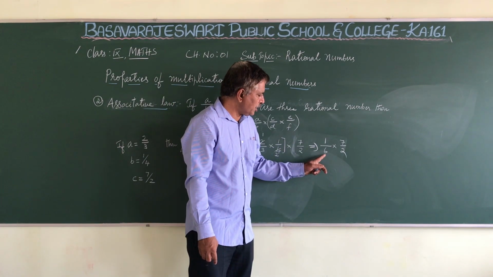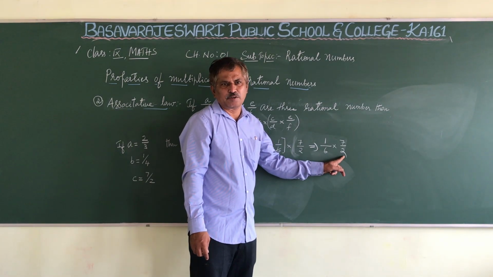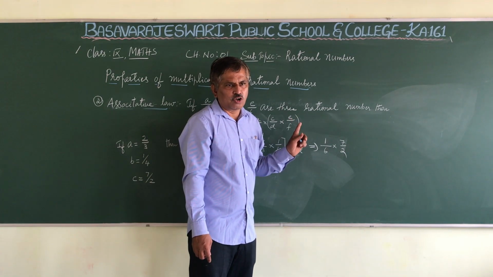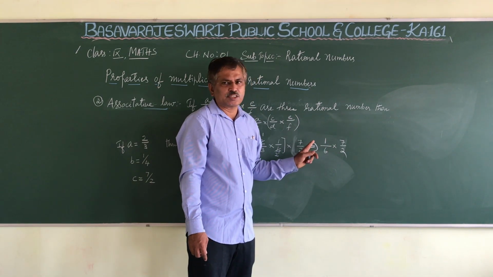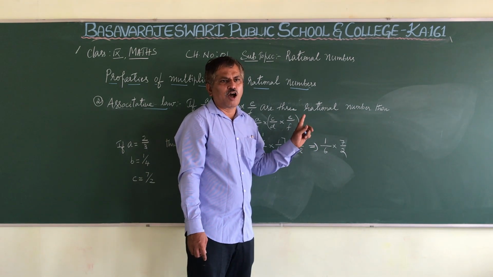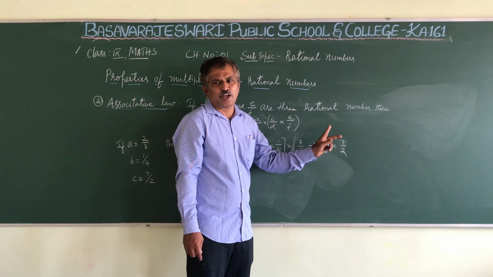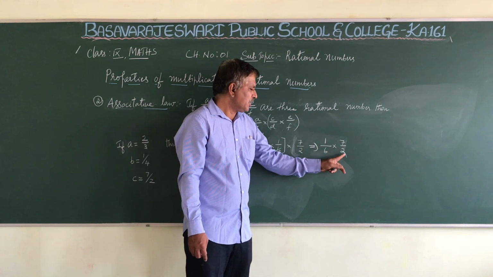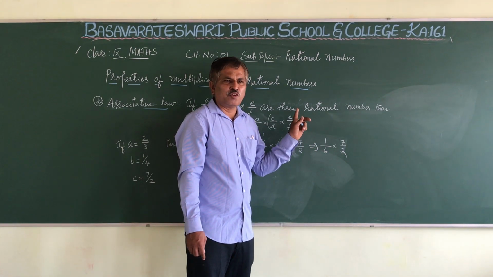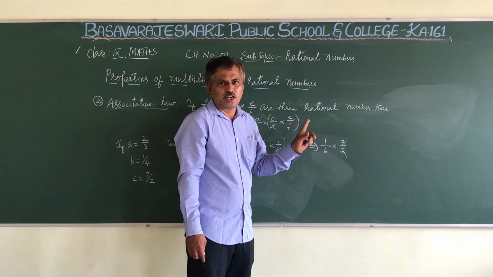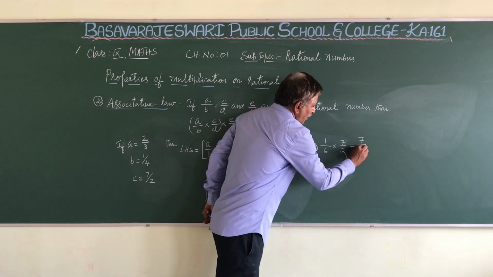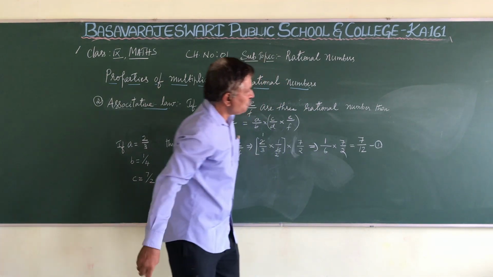Remember, few students will even simplify the numerator with the numerator. Few students will simplify the denominator with the denominator. That is wrong. You need to simplify whenever the multiplication sign is there. You need to simplify the numerator with the denominator, not the numerator with the numerator and the denominator with the denominator. I observed many students simplifying 2 ones are 2, 3 threes are 9. So don't do like that. You should simplify the numerator with the denominator only. So which is 1 into 7, 7, divided by 12. Let it be equation 1.